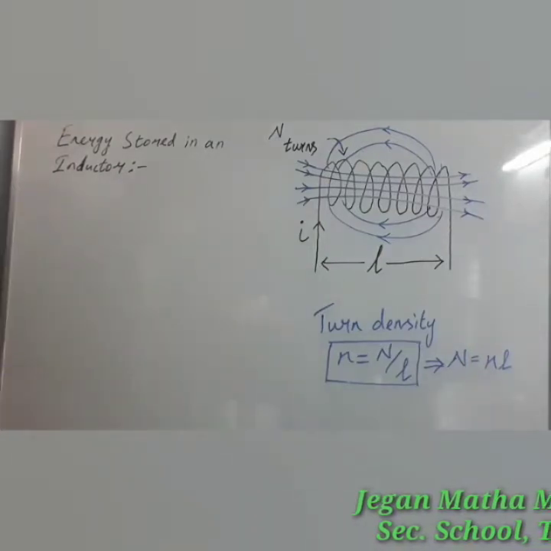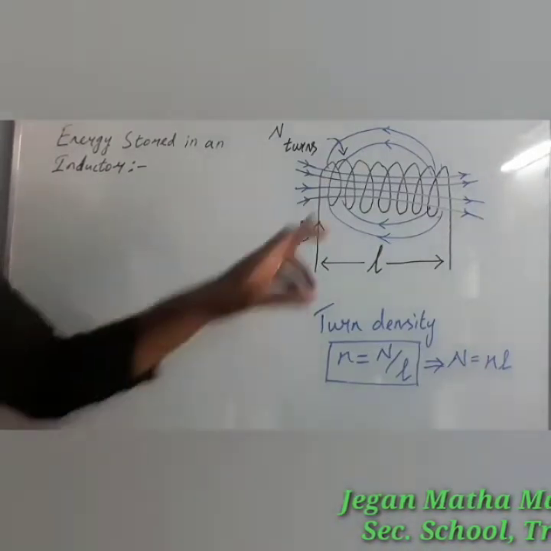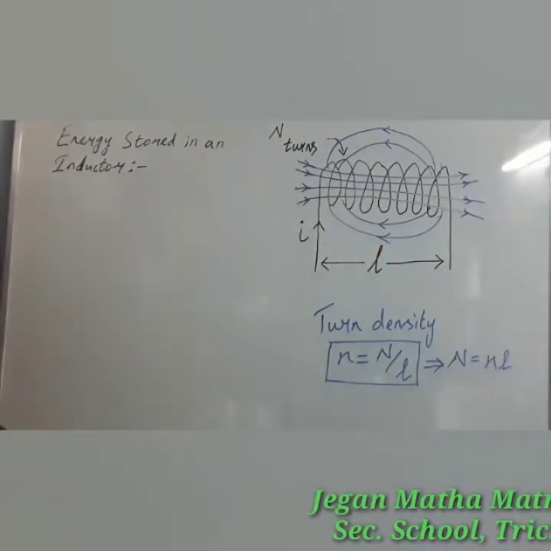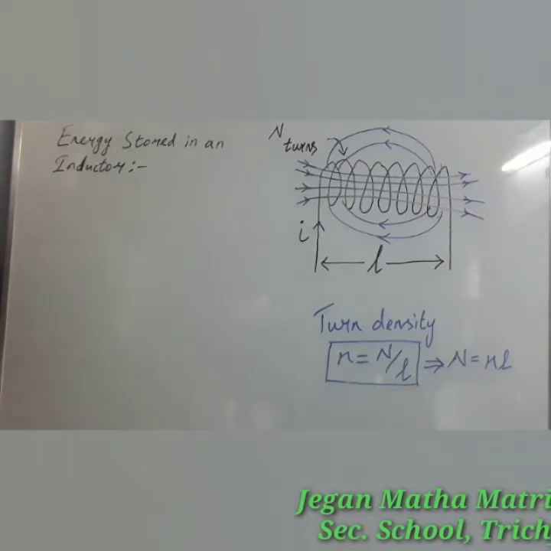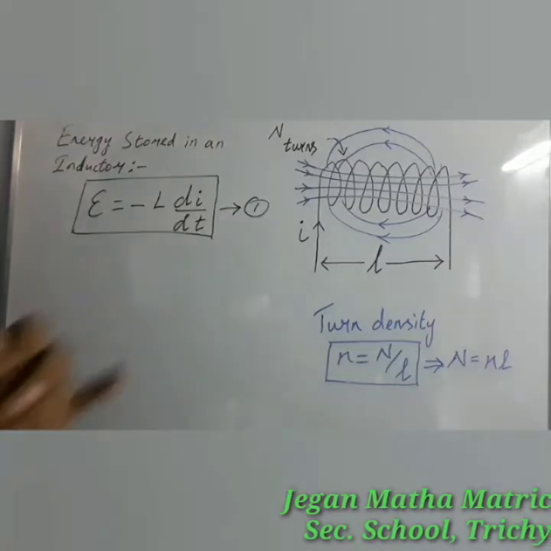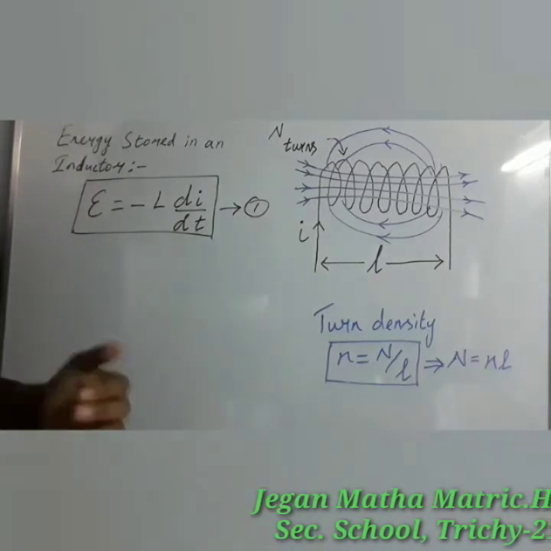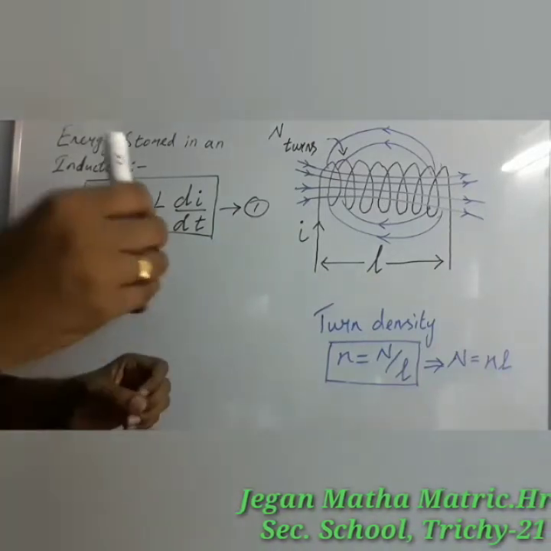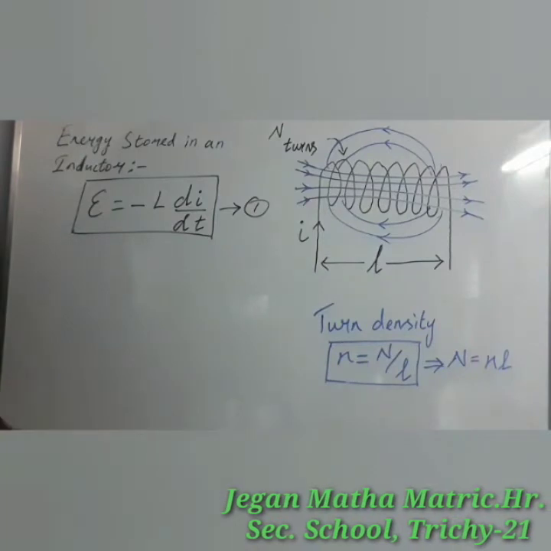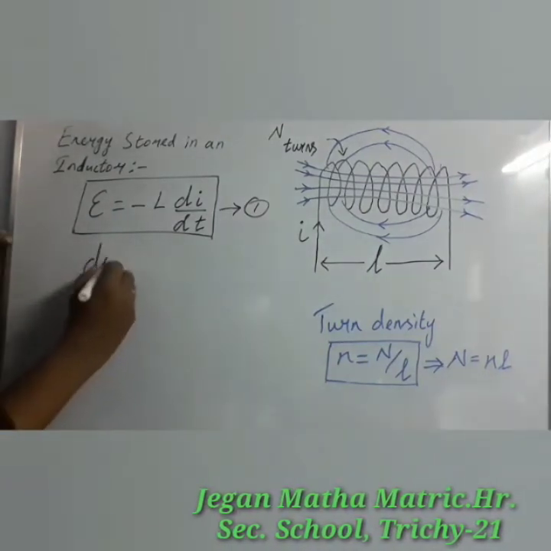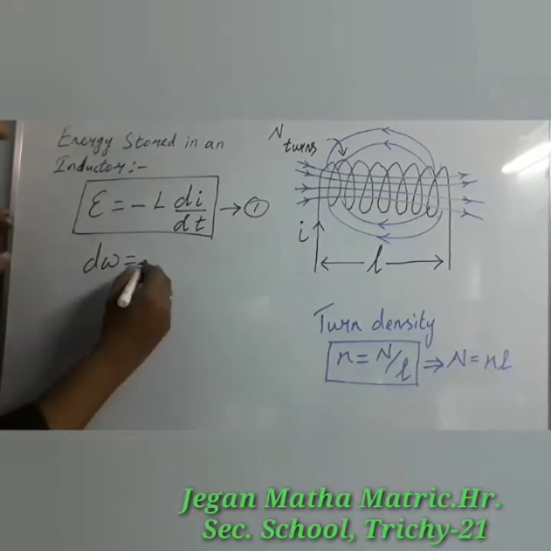Let us consider that the electric resistance of the inductor is negligible. The induced EMF epsilon at any instant t is given by this expression. Let us take that as the first equation. Let dW be the work done in moving a charge dq in a time dt against the opposition. Then dW is equal to minus